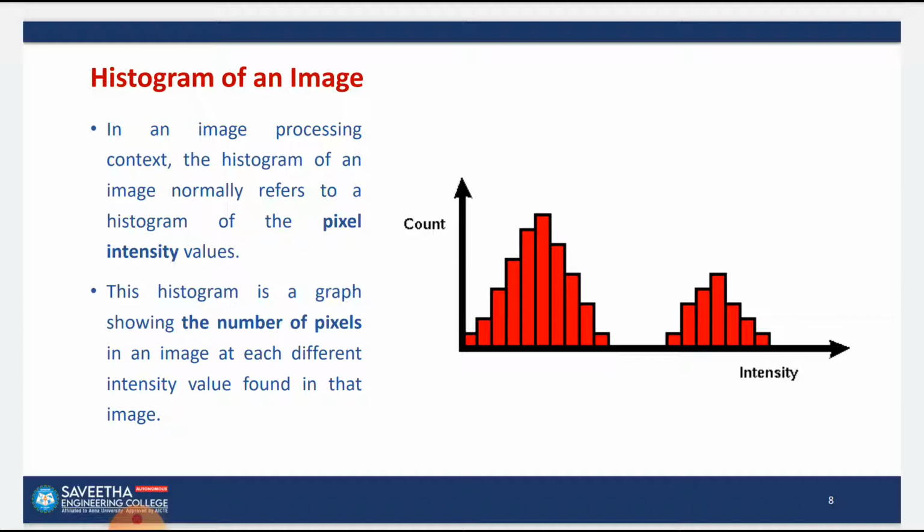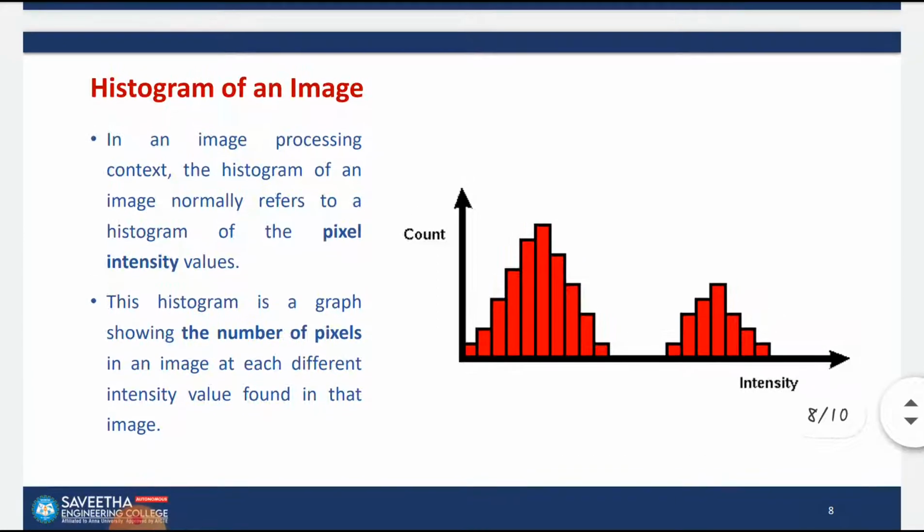If you look at the figure on the right side, you can see the intensity on the x-axis and the count on the y-axis. So based on each pixel value, you will be counting how many pixels have the same intensity value, which means if you have an intensity value of, let's say, 0, which represents black, so the black color will have the intensity value 0. So you will count in an image how many black pixels are there and you plot it in the form of a bar chart, and then white is value 1.